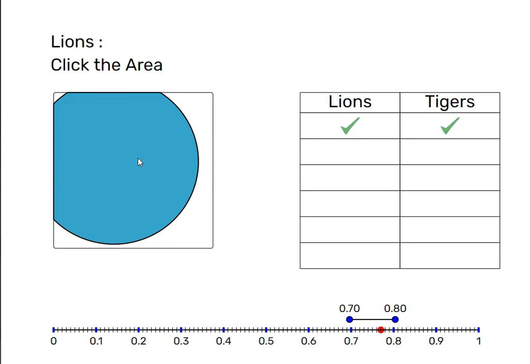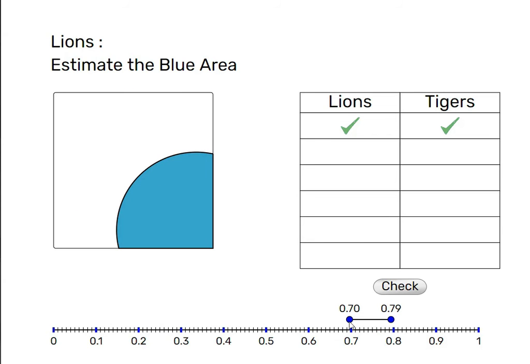Now, let's click again for the Lions' turn and look what happens to the range. Now the range is only 9/100. So for each round, the range is decreased. 10/100, 9/100, here, 8, 7, 6. Finally, 5. So as you can see, as the game progresses, it becomes harder and harder to get the correct point on the axis into the available range. But again, what's important is the thinking process and transferring an estimation from fractions to decimals.